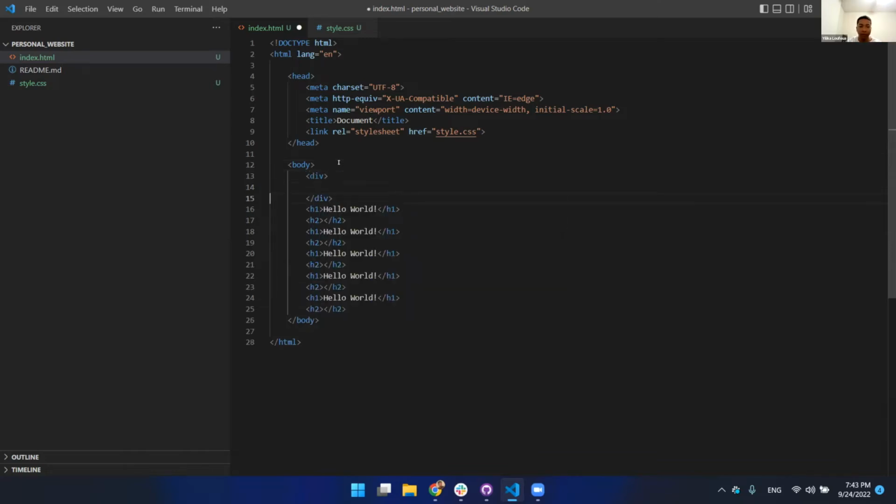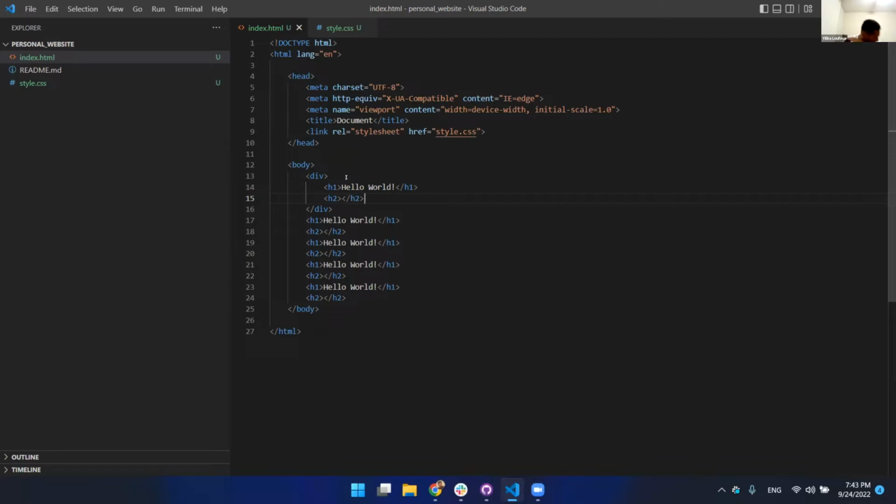So we want to have a div tag that just stands for division. That's its whole purpose. And then put things where they belong, so that we can have a good idea of what each portion of the website corresponds to within